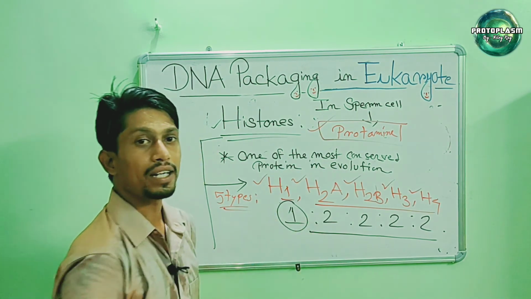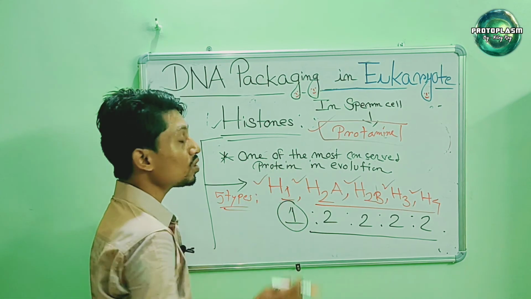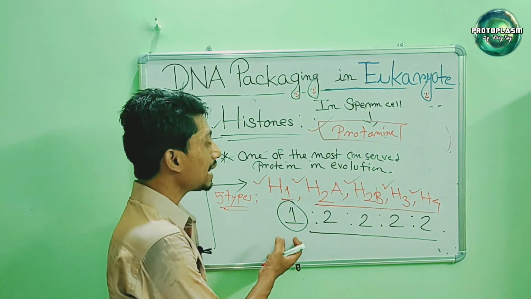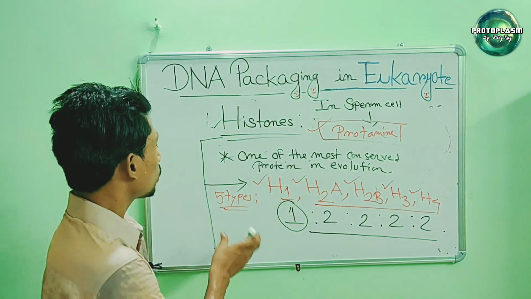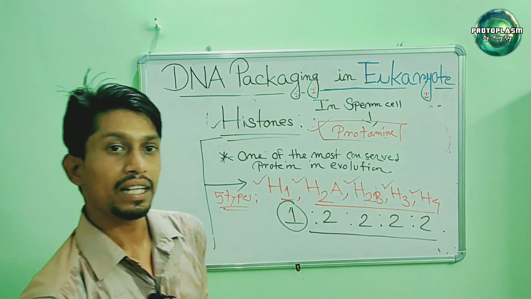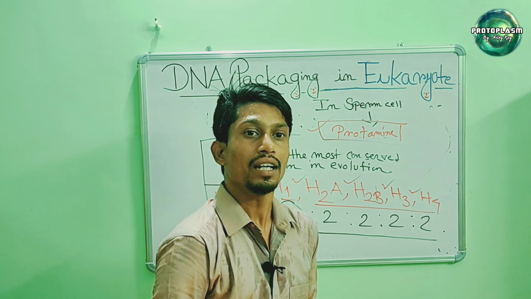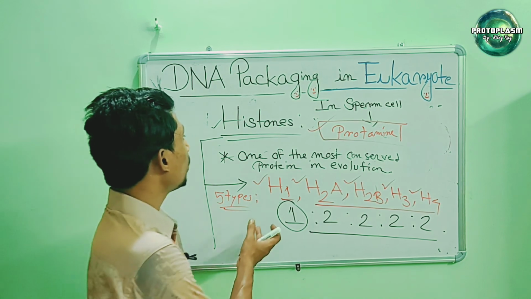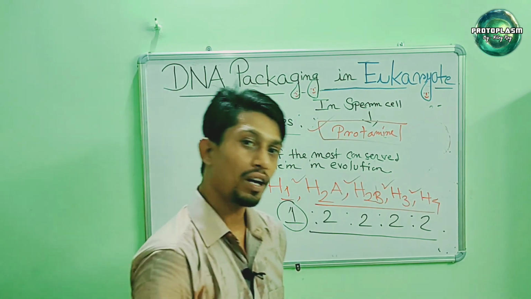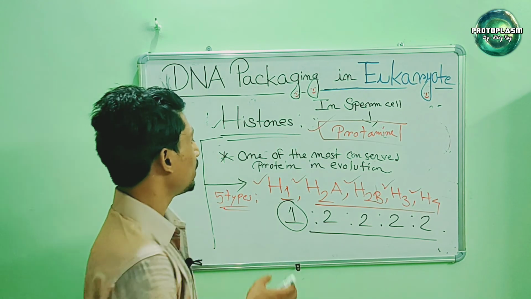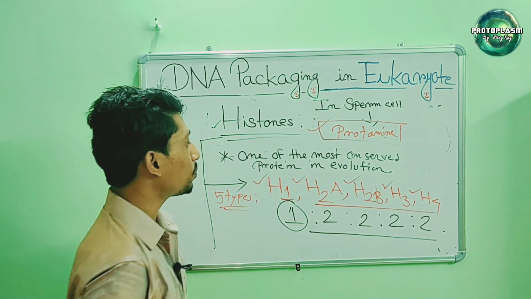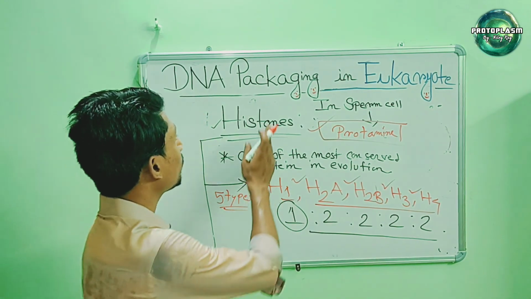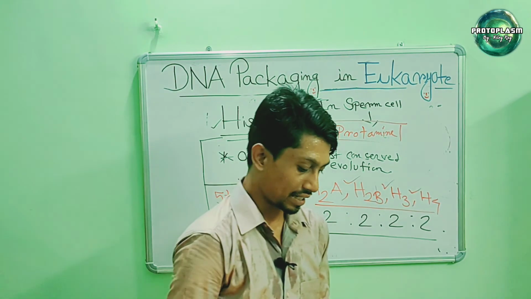Now, the chromatin's basic structural unit is the nucleosome, which is made of linker DNA as well as the histone proteins. So this was the basics of the histones. In the next lecture, we will study the nucleosome and the supercoiling of DNA. Nucleosome is the basic structural unit of chromatin, which we will discuss in the next class. This was all for the histone proteins. This is the very basic structure of histones and the model for DNA packaging, which will continue in the next lecture. Thank you.